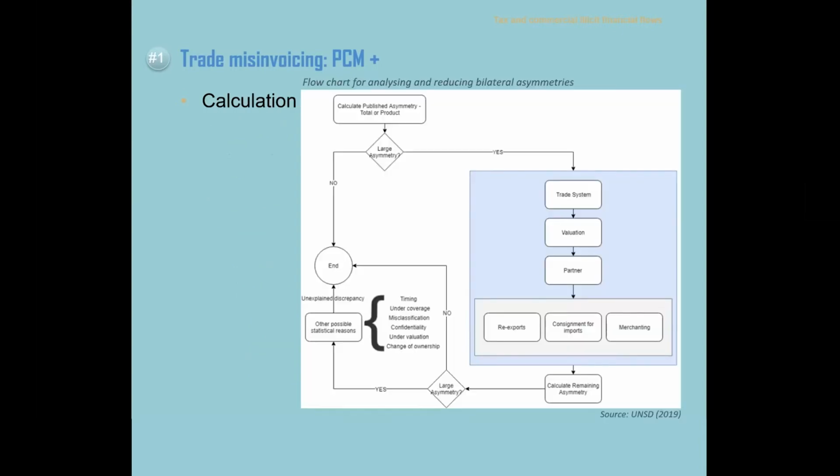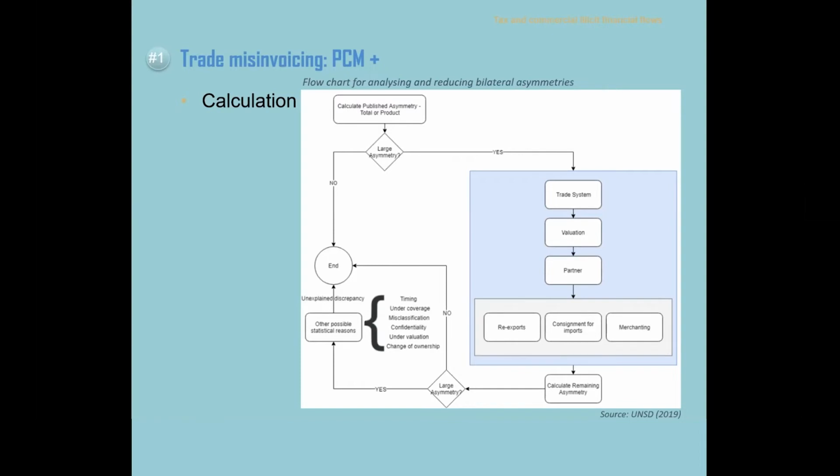A lot of the work is essentially in getting the data, cleaning the data, and preparing the data for the application itself. So once we are past that phase, once we have the data prepared, we can move on to the calculation phase. So we are essentially following a procedure in several steps and slowly addressing one asymmetry reason after another. This flow chart here, prepared by the UNSD, the United Nations Statistics Division, is essentially leading us in